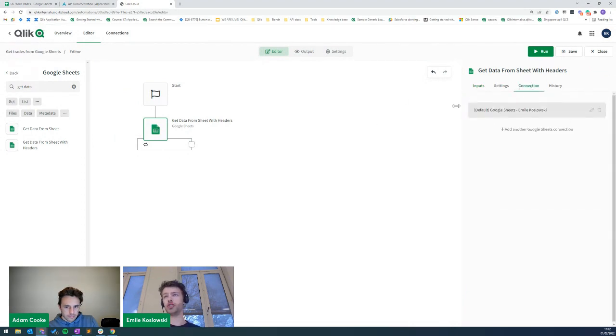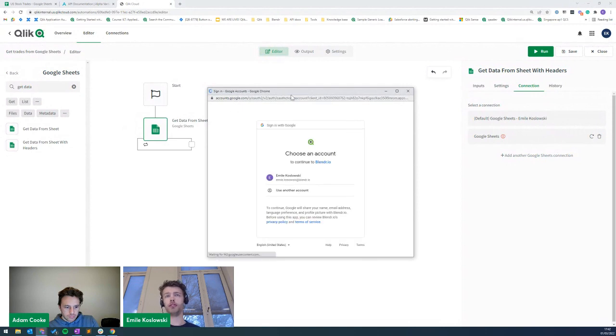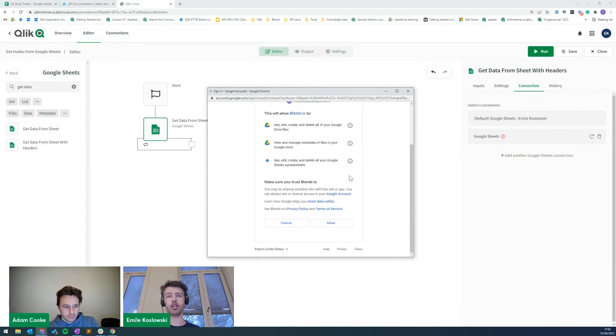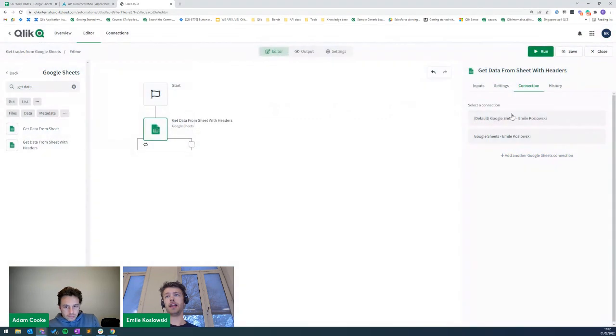In this case, Google Sheets, it's already connected to my account. But if it's the first time you're using it, you would add a new connection, and then an OAuth flow is started between Qlik and Google Sheets. And very easily, you can grant permissions to use it as a new connector. And then like this, I now have two connections to the same account,